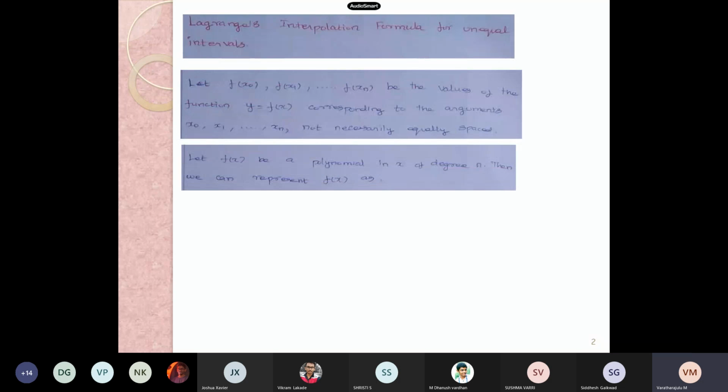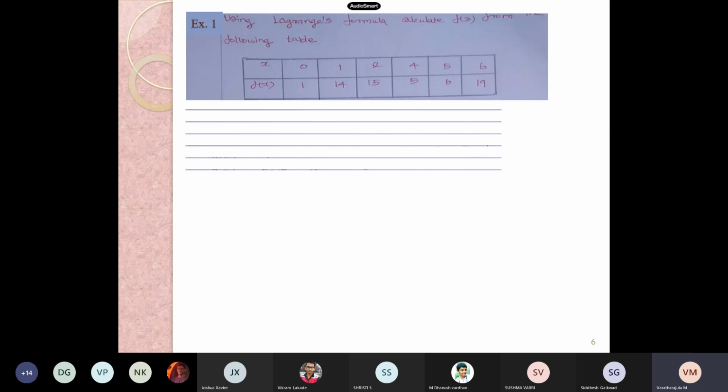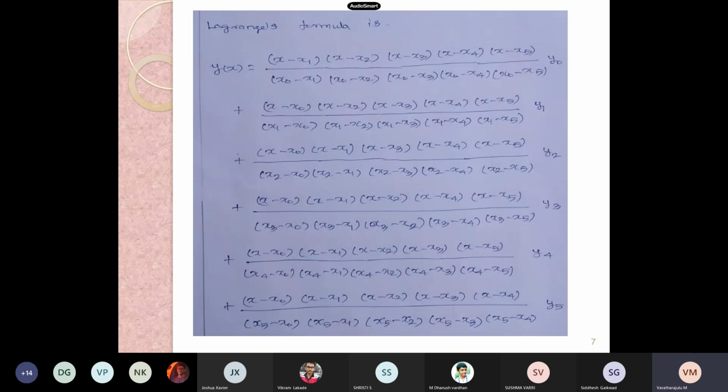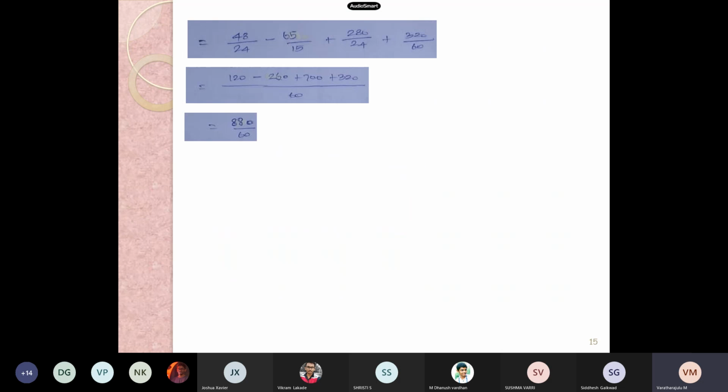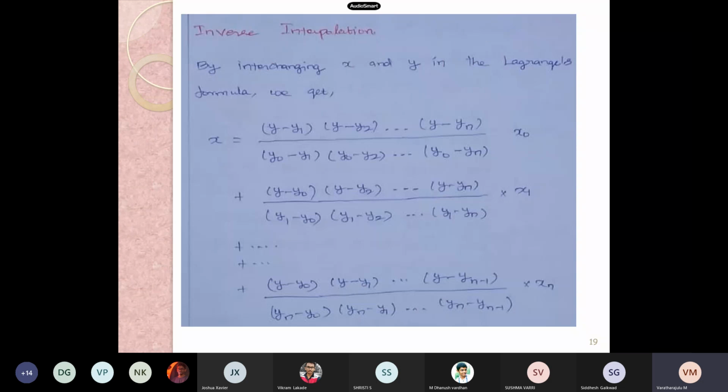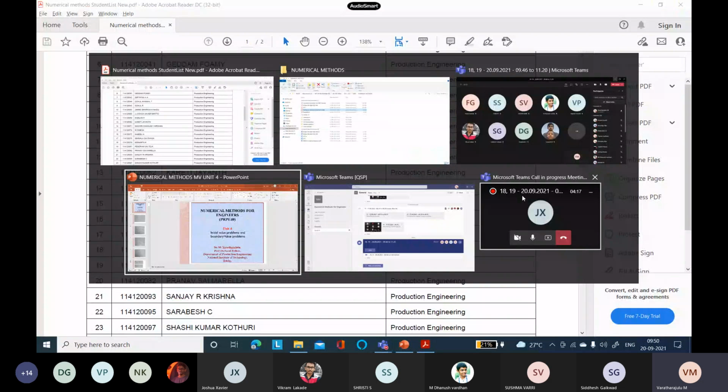Yes, this is what we were seeing in the last class, that is Lagrange interpolation, and in that we solved around 3 to 4 problems. Exercise number 1, exercise number 2 and 3, and we need to begin with inverse interpolation. Now I wanted to disseminate the content from unit 4. Once unit 4 is over, at that time we will come back to unit 3 and see the things which were left in unit 3. So in today's lecture,